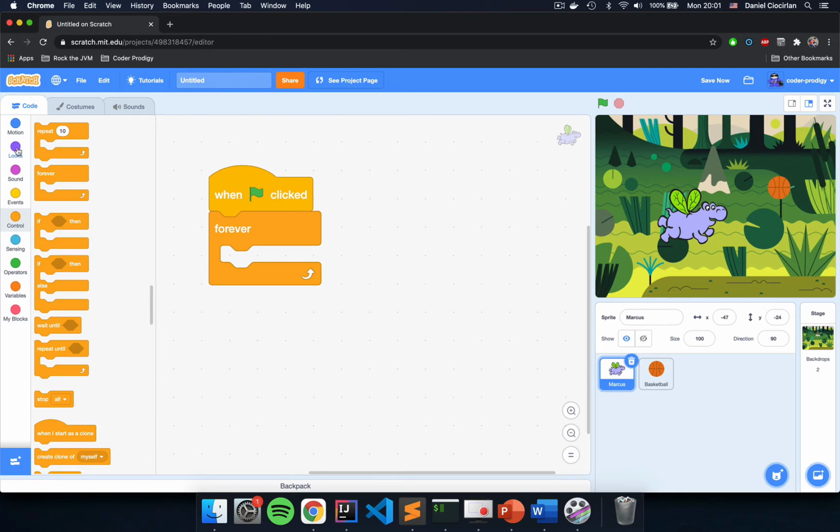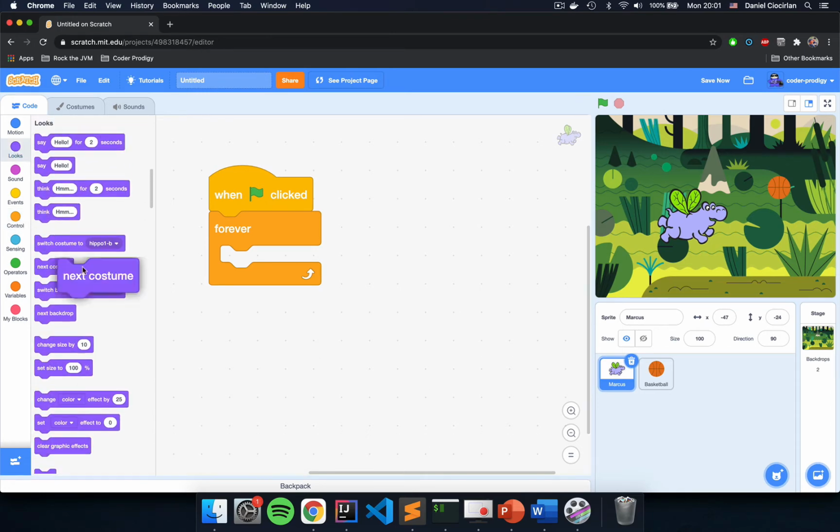So I'm going to go to the looks section, and I'm going to put in next costume inside the forever loop. And after you put in next costume, you can click the flag, and notice that Marcus is flying around, but Marcus is flapping his wings a little bit too fast for my liking. If you like it that way, you can keep it like that, but